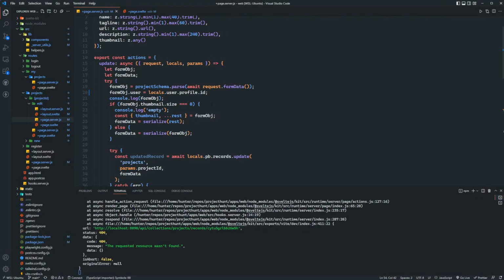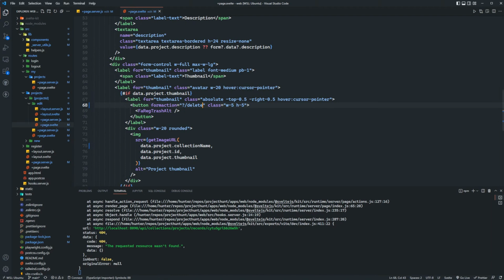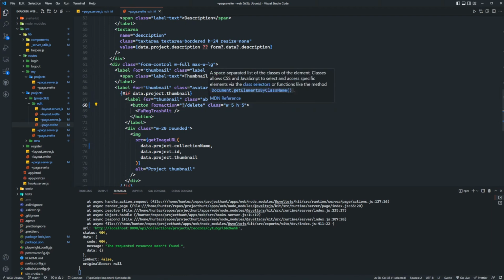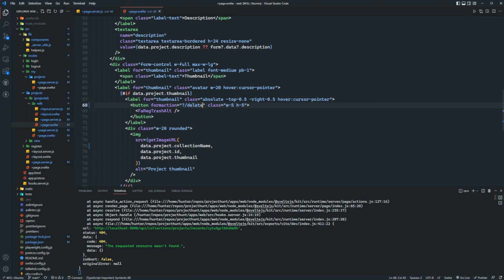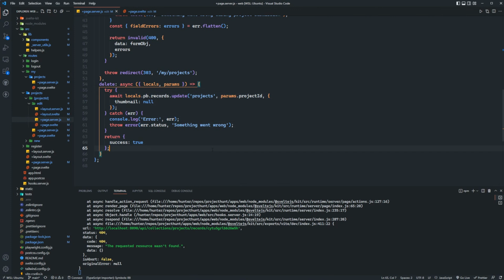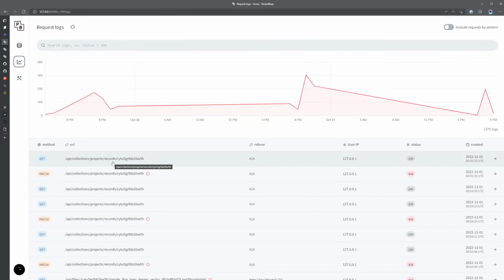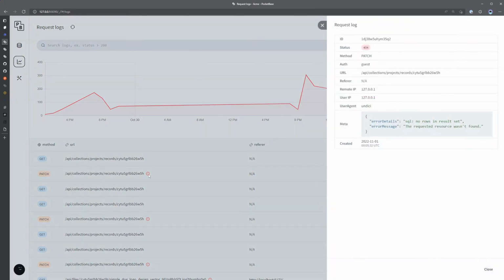Let's see. So this is actually going to be question mark. Wait, no, that's correct. I'm hitting delete. I'm getting the params.projectID, which is this. And then I'm setting the thumbnail to null, but this does not exist. This is so weird. No roles in results set, so I can get it just fine. But when I try to patch it,